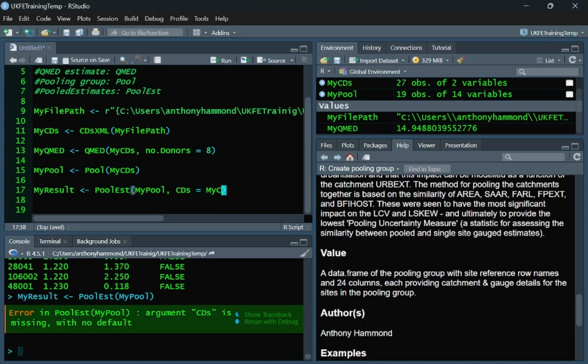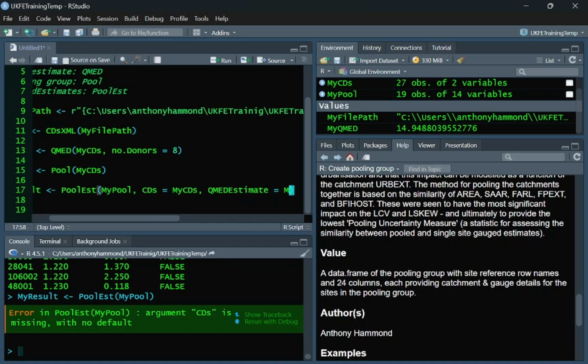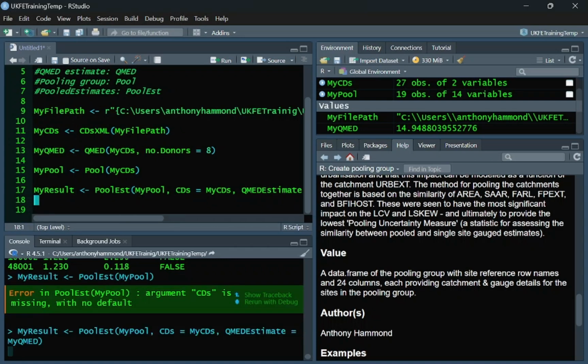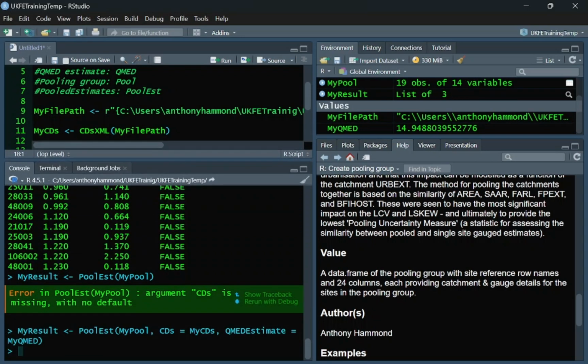So we called them my catchment, that's why it's good to save these things as objects. Very handy. Stick in my CDs. We also need to put in the QMED. So QMED estimate. Let's put in my QMED. There we go. And I think that should do it. There we are. Takes a couple of seconds to estimate the uncertainty, and we have my result, and it looks